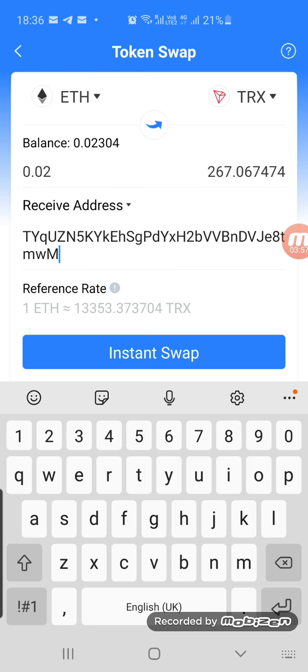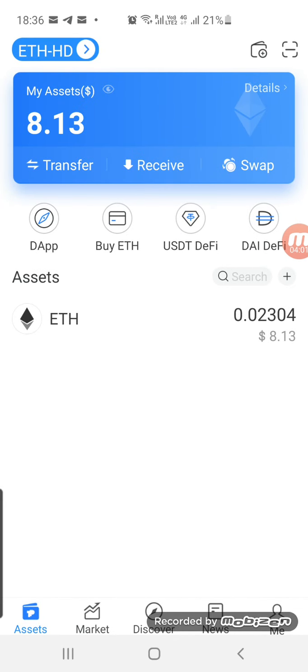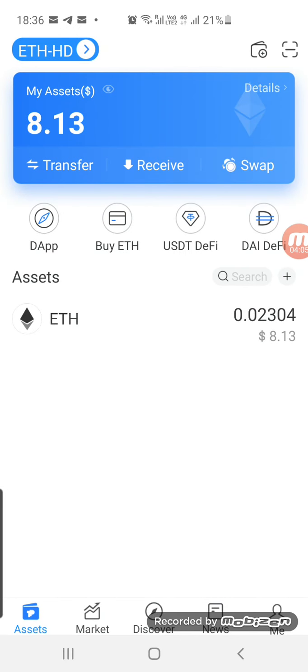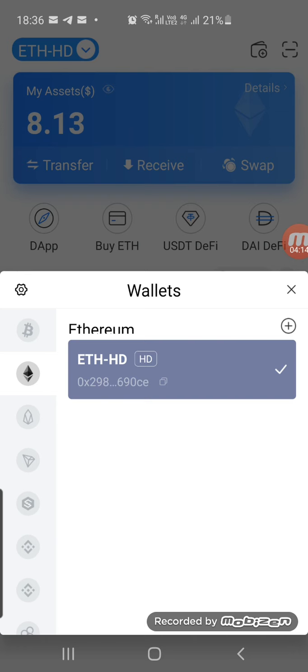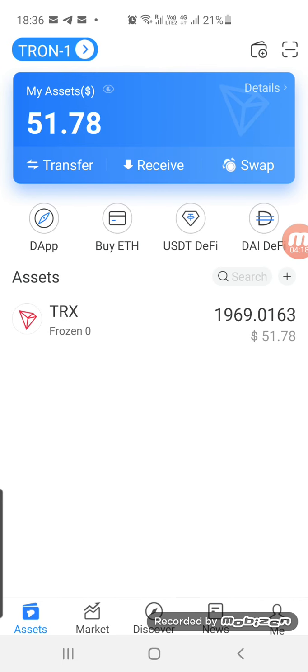You just click instant swap, then you go back to your ETH, and this will become 0.02304 minus 0.02. Then you click on your Tron, and whatever the Tron amount will be is added to this. So this is how you convert your ETH into Tron.